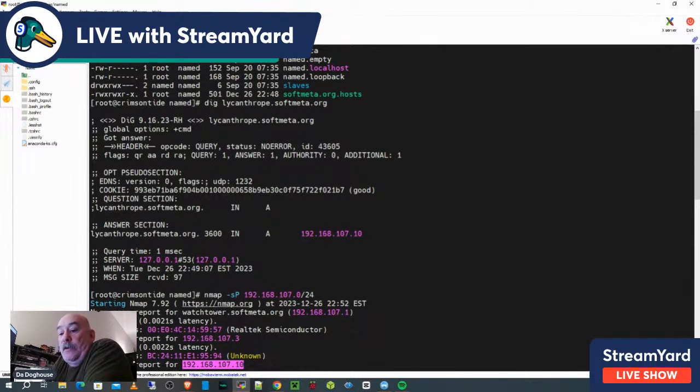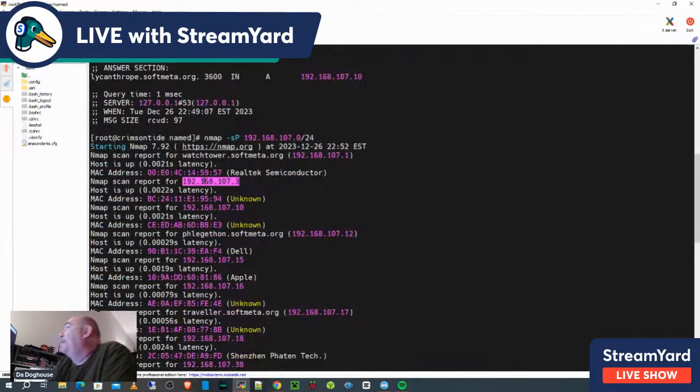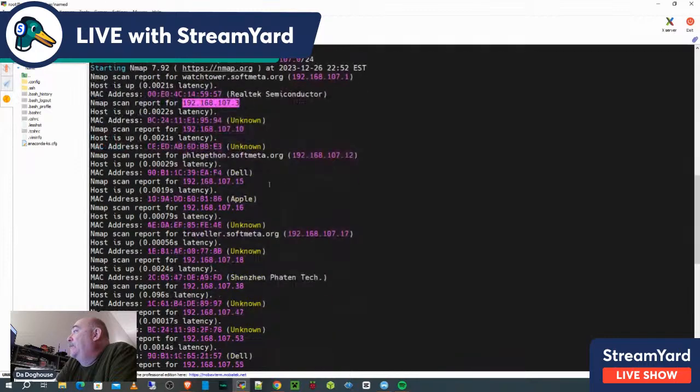I'm going to go do some more work in this. I'm trying to get as much as I can set up so that I can have stuff in the background. I'm going to make sure that my DNS servers are set up correctly. What I'm going to do now is make Kronos, which did not show up with a host name, become a secondary so that every time I update Crimson Tide,